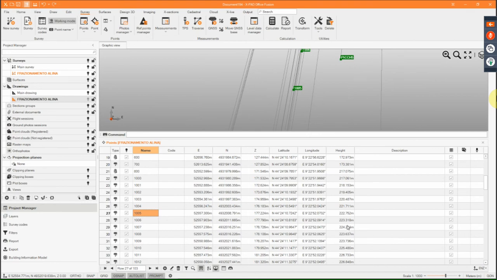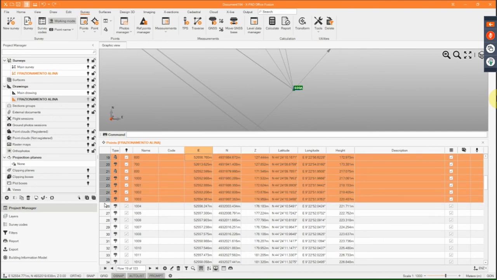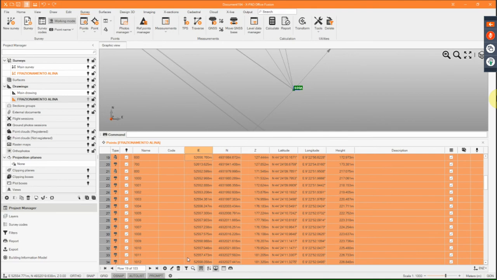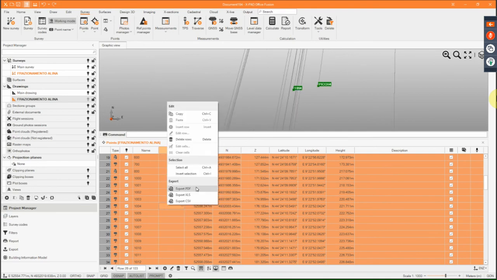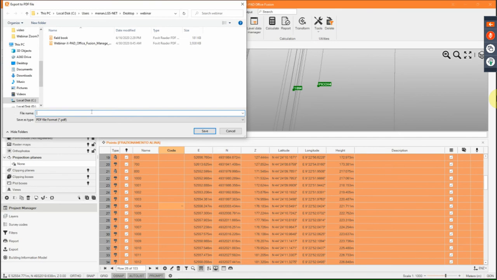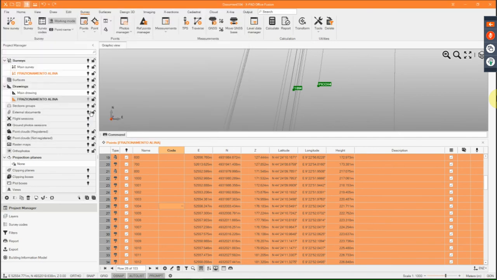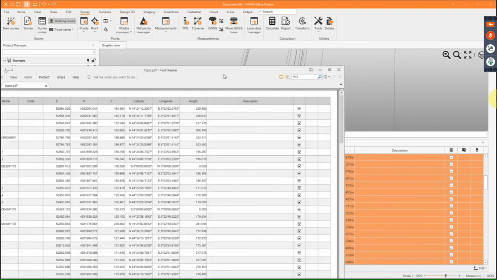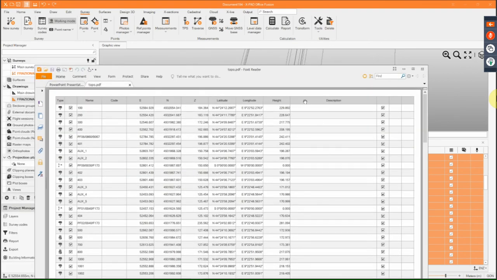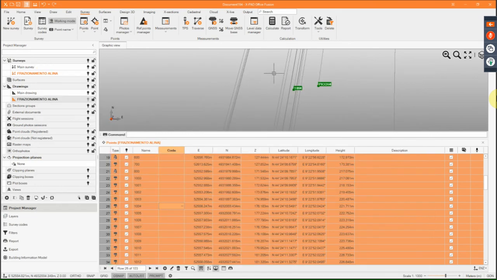Of course, also from the topography point, we can select row by row or select the entire rows, right-click on one of the selected cells and export the information. So all the information, all the columns that we already had and customized are visualizable from the PDF report, from the PDF exportation. But we can do, close all tabs, we have also another possibility